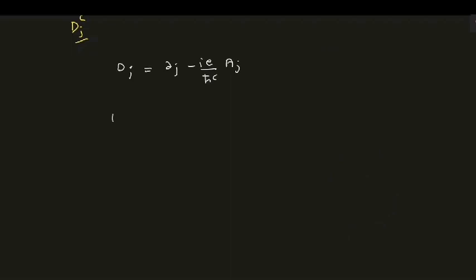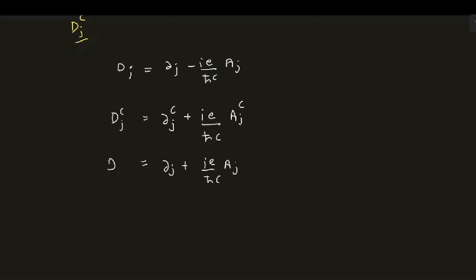Now if you complex conjugate the Dj thing, you will get ∂j not complex conjugated but charge conjugated. So see here you have an e. You see here you have an e. So what will happen? Here you will get a plus sign. So we get plus of ie divided by ħc into Aj charge conjugated. In the next line we get ∂j, as it has no effect, plus ie by ħc. This has also no effect. This thing also has no effect. So you will have